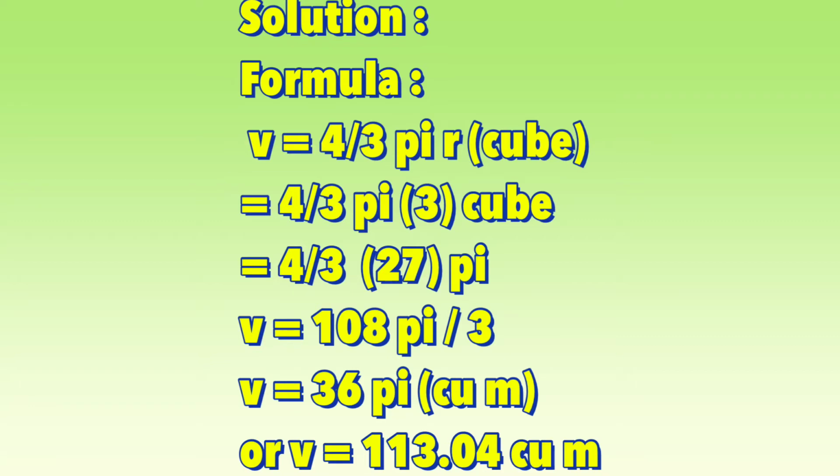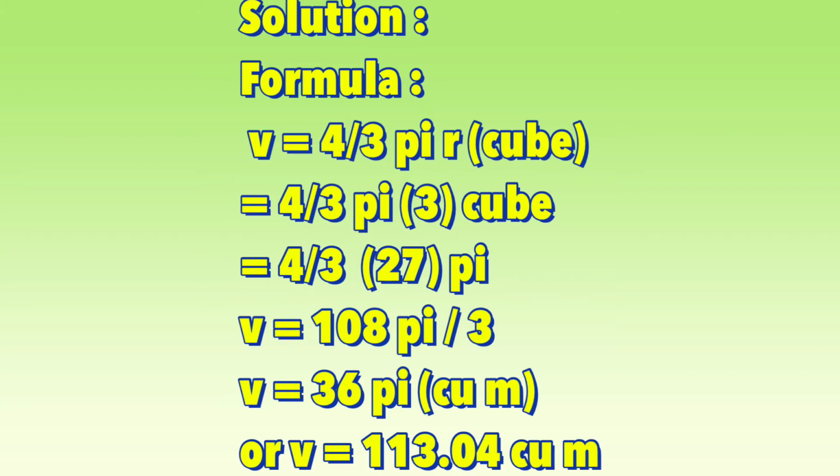Then you have to compute now, equals 4 over 3 pi. Substitute for the radius, which is 3. Then 3 cubed. We're going to multiply the radius 3 times, so that's why it becomes now 4 over 3 times 27 pi. Then the volume now equals 27 times 4 equals 108 pi over 3. Then 108 divided by 3, we have 36 pi cubic meters,